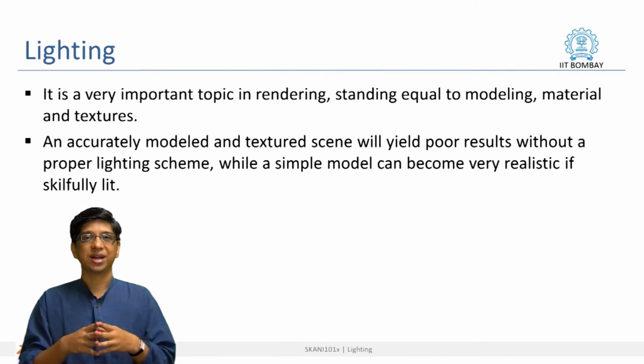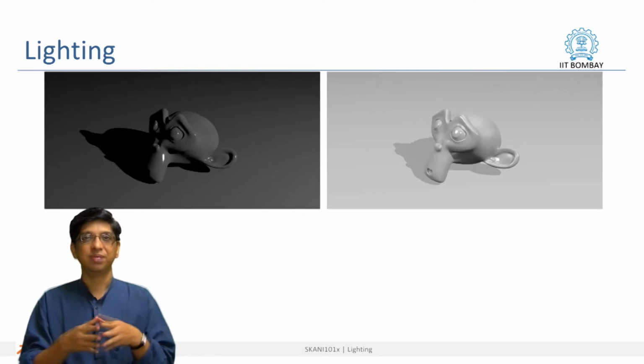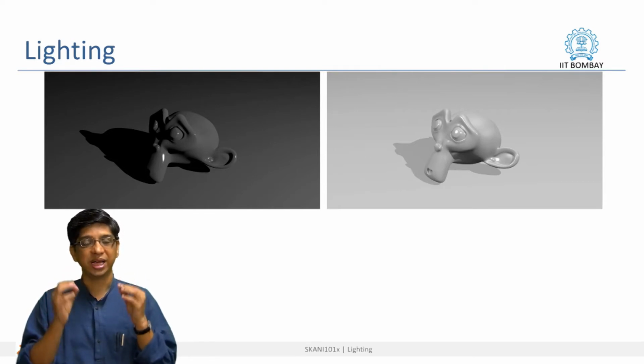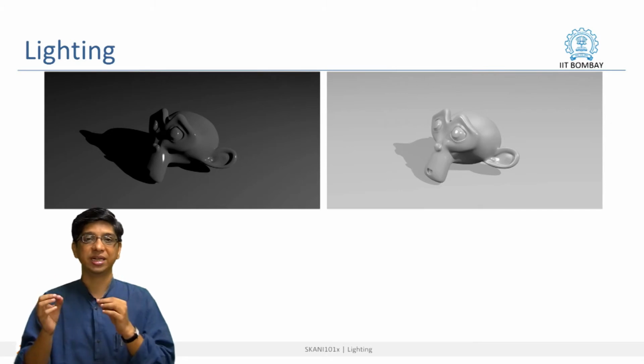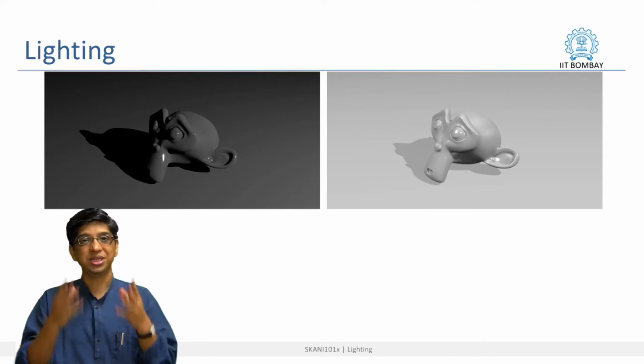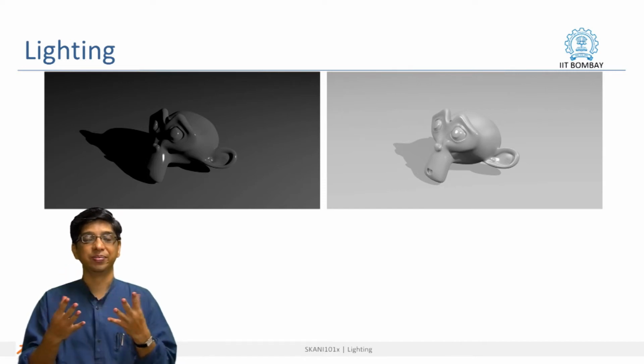You can see the demonstration of that right in front of you on the screen right now. The image on the left has the same model, texture, material as the image on the right. However, the image on the left can hardly be appreciated because you can't even make out the difference between the things, you can't see the details, you can't appreciate the efforts taken by the 3D modeler. So, light becomes an integral part of any production process. The best part is that Blender allows you to modify even the finer details of lighting, and we will see how we can do that.